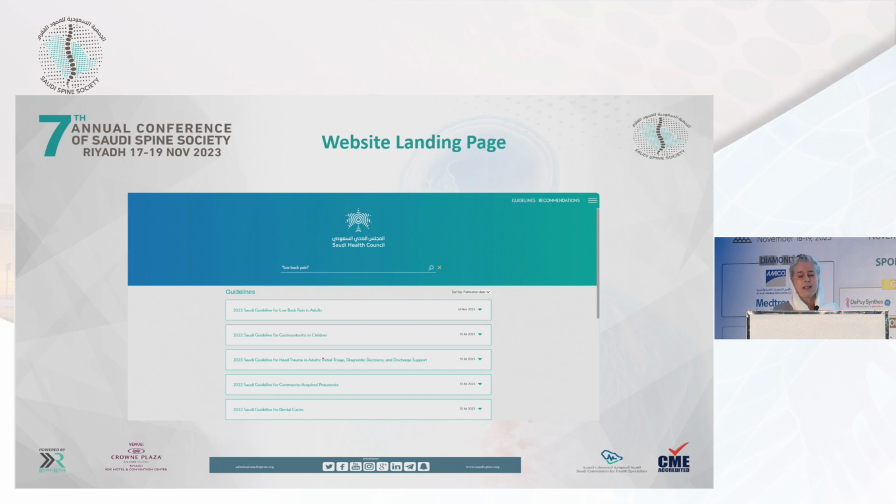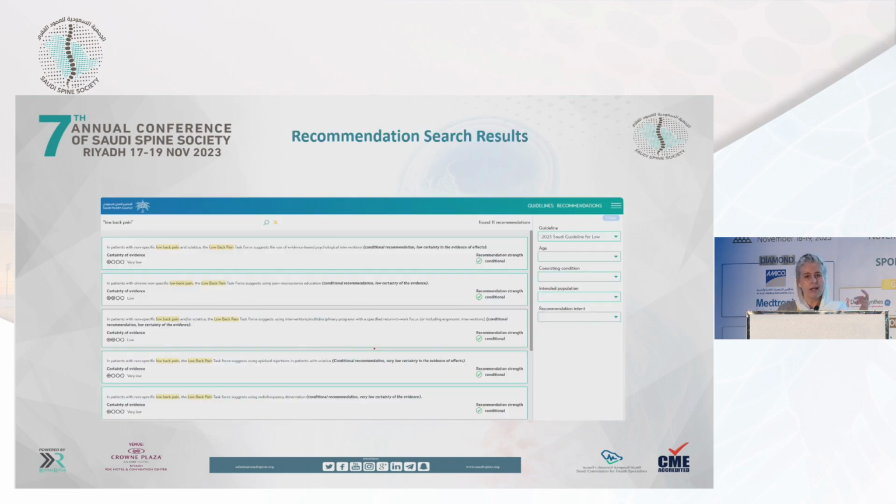You see here the landing page if you come onto that website, and straight away from there, you can either just scroll down until you find... it doesn't show on the screen. Okay, never mind. There's a search box right there, and I just typed in already low back pain in order to get very quickly to those recommendations, which most clinicians are interested in. They don't necessarily want to know all about the methodology. It might be of interest for some, but of course, let's get to those recommendations.